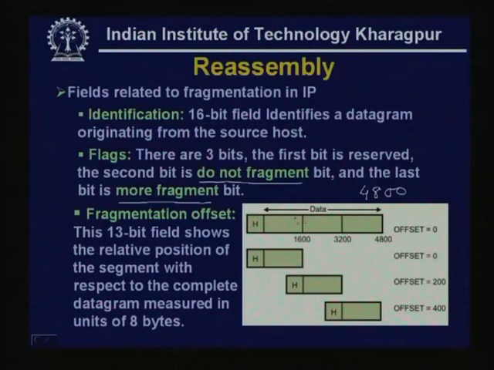So, these are the 3 packets. Now, as we have seen, the maximum size is 64 kilobytes, which cannot be represented by 13 bits. That is why it is expressed in terms of 8 bytes. So, this 1600 is divided by 8 to get an offset of 200, and 200 is written in that offset field. Similarly, here it is 3200, which is the offset with respect to the beginning, which is divided by 8 to get 400, and 400 is written, of course in binary in 13 bits, in that fragmentation